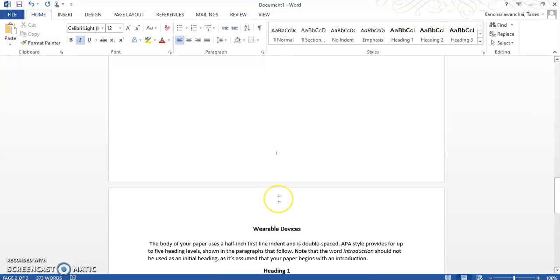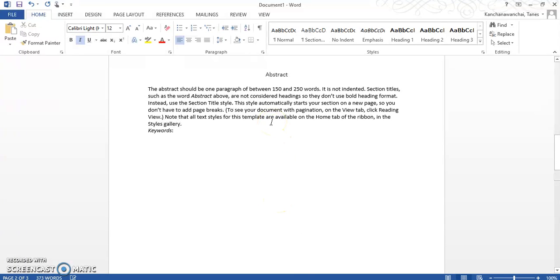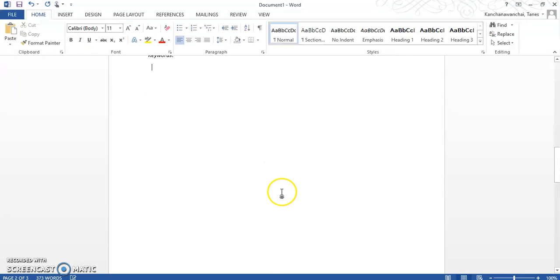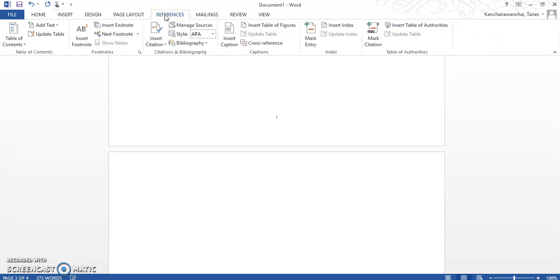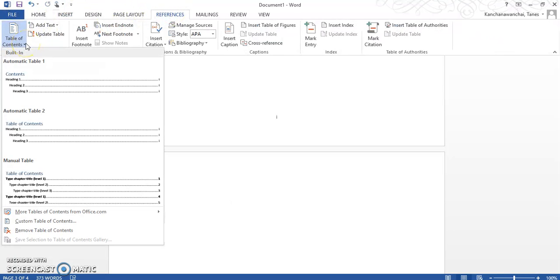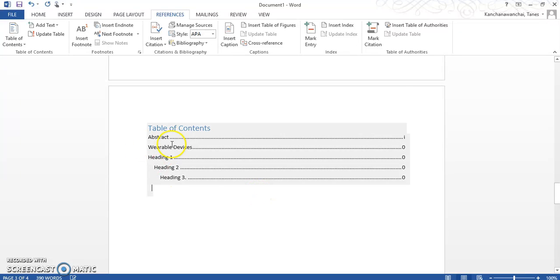So table of contents should follow the abstract. Then I'm going to insert, okay, blank page. And it's going to go to a new page where I start to insert table of contents. Go to references, table of contents. Now you want to make sure you select the automatic version, not the manual one, because it's going to update, you see,